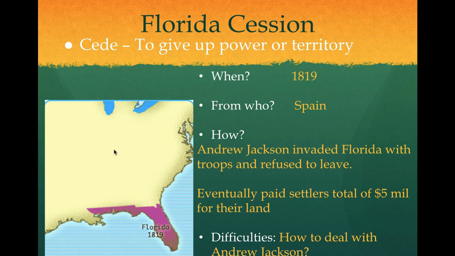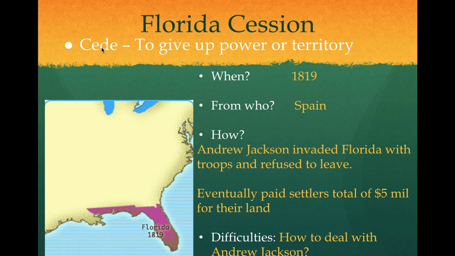Next is the Florida Cession. To cede, C-E-D-E, means to give up power or territory. So the Florida Cession happened in 1819. Spain ceded or gave up land to the United States. Andrew Jackson was a military leader at the time. He invaded Florida with his troops and he refused to leave. And so